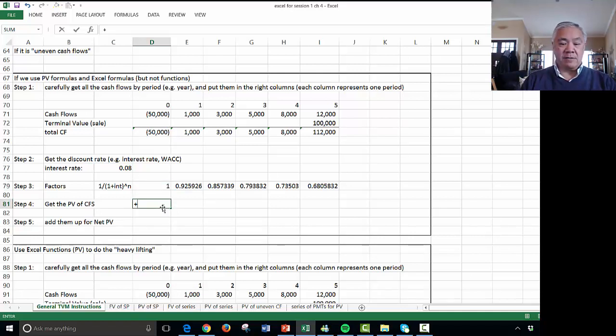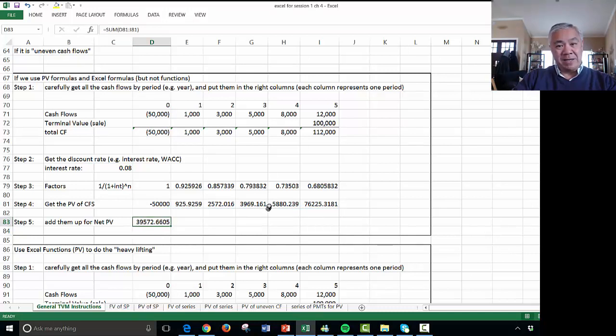So now we get the present values. So we have $50,000 negative times the factor of 1, which is the easy one, and copy that across. And now we have this idea of a cash flow out of $50,000 in today's terms. Next year, in today's terms, $900 worth. So each of these cash flows is brought back to today. So everything goes back to what we call T0. And when we sum them up, equals sum, open parens, shade the whole stream,